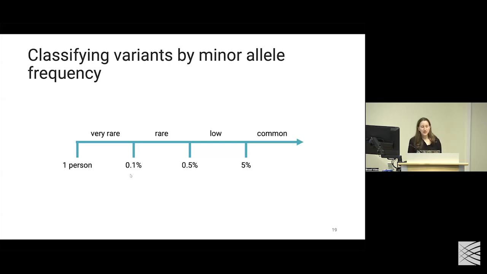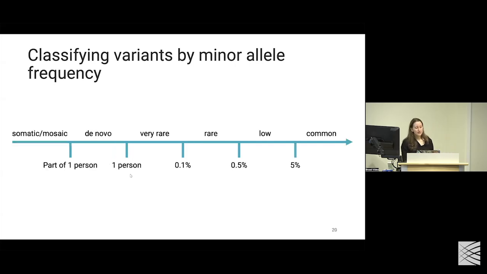So instead of just thinking about things as minor and major, you can start to think about the frequencies of these variants in maybe a spectrum like this, where on the far end of the spectrum, you have a variant occurring in one person. And on the bottom side of this arrow, you can think of these in terms of strict cutoffs based on percentages. But we also use some of these words at the top, such as very rare, rare, low, and common.